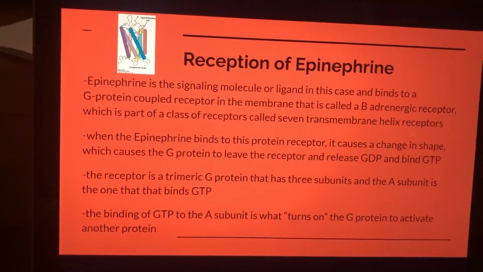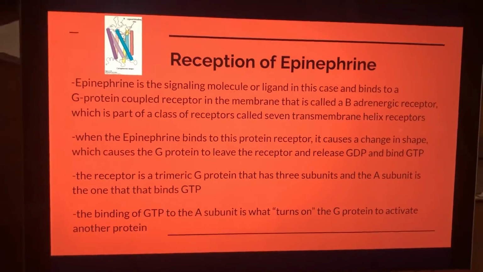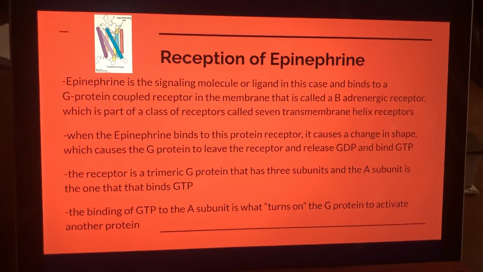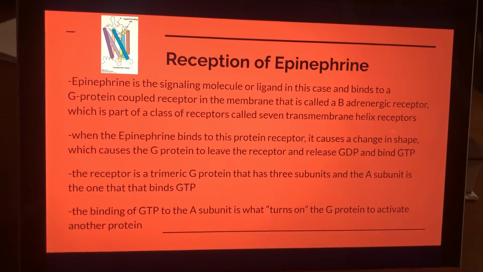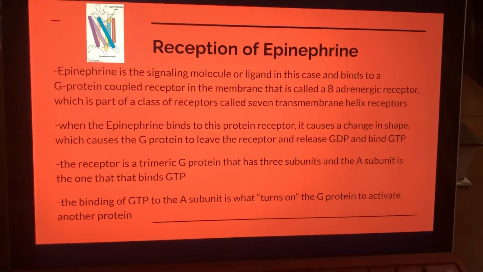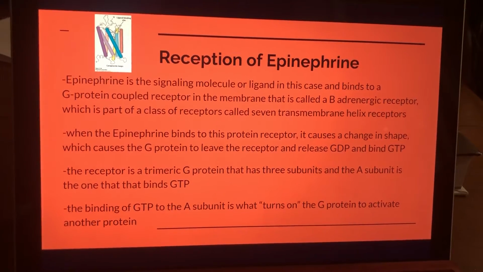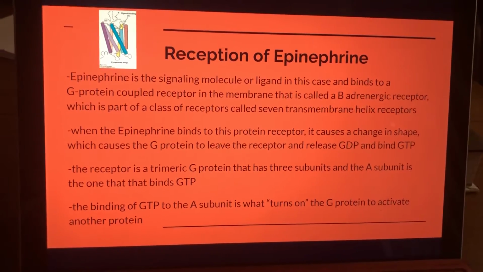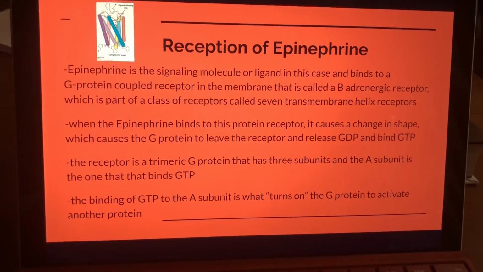And the reception of epinephrine is the signaling molecule, or ligand in this case, and binds to a G protein coupled receptor in the membrane that is called a B-adrenergic receptor, sorry if I'm saying that wrong, which is part of a class of receptors called 7-transmembrane helix receptors. When the epinephrine binds to this protein receptor, it causes a change in shape in the protein receptor, which causes the G protein attached to be expelled, to leave the receptor, and it releases GDP and